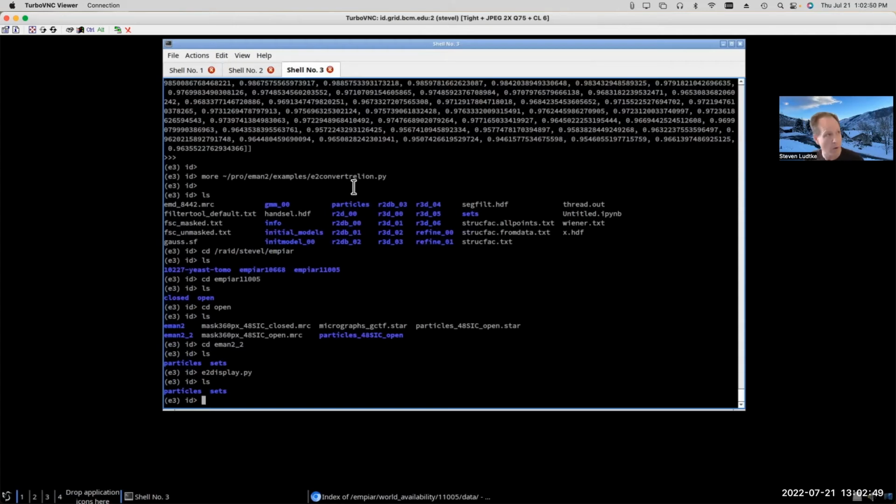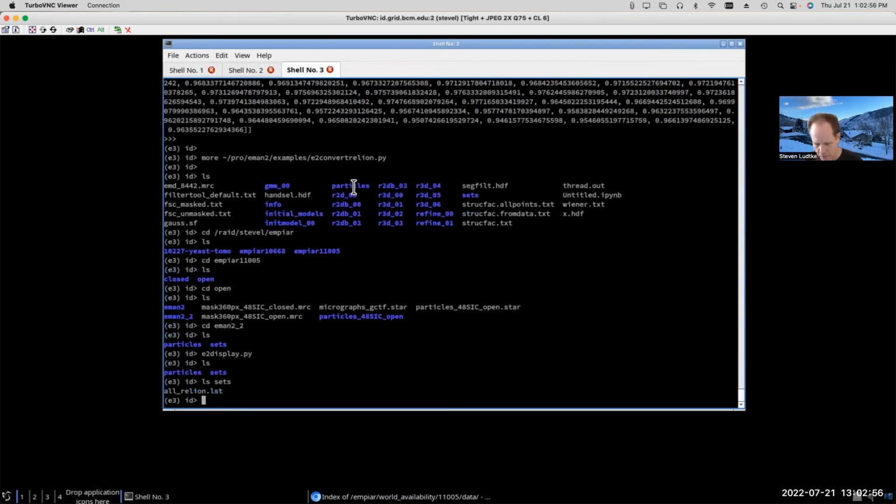Okay, so now what we should be able to do, although I'm not going to try it right now because it's going to take a little while to run with this many particles, is just do a make 3D on this Relion LST file and do an EMAN reconstruction of the Relion, using the Relion orientation, CTF, et cetera, parameters, and get a 3D structure out. And that's something that we're going to need when we try to run the Gaussian mixture model.